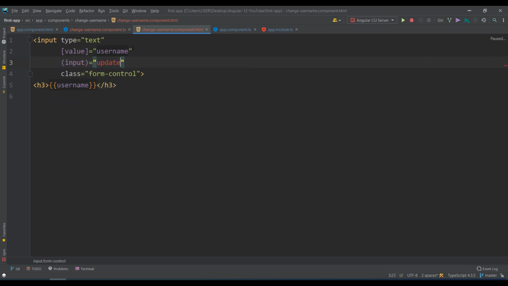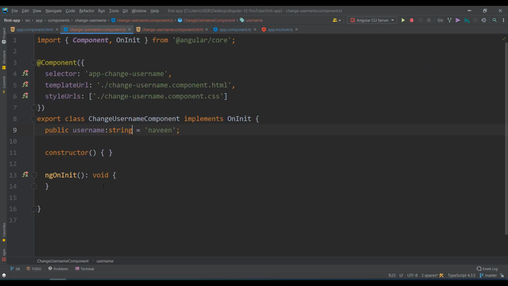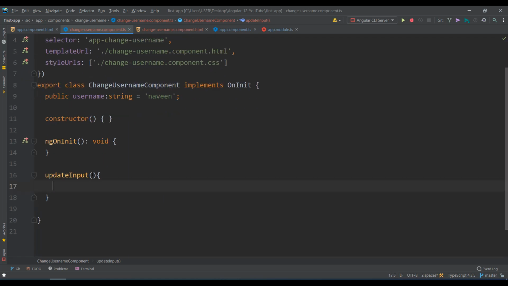Let's call one function updateInput, and you can pass $event, which is the current event. You can pass it to the function. This function you have to create in the TS file. So updateInput is a function that will take an event of type any, and just returns void, doesn't return anything.